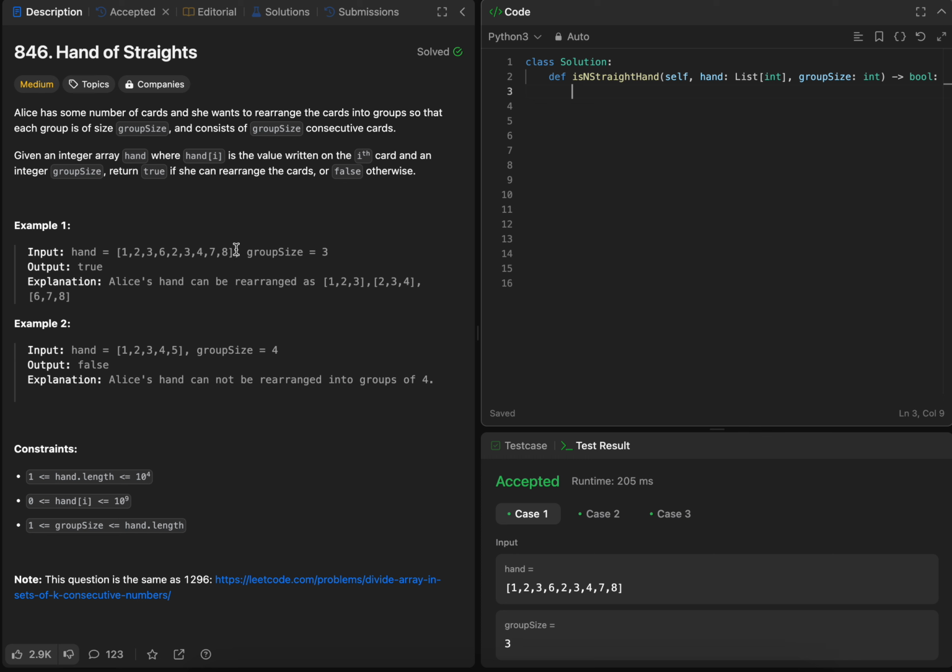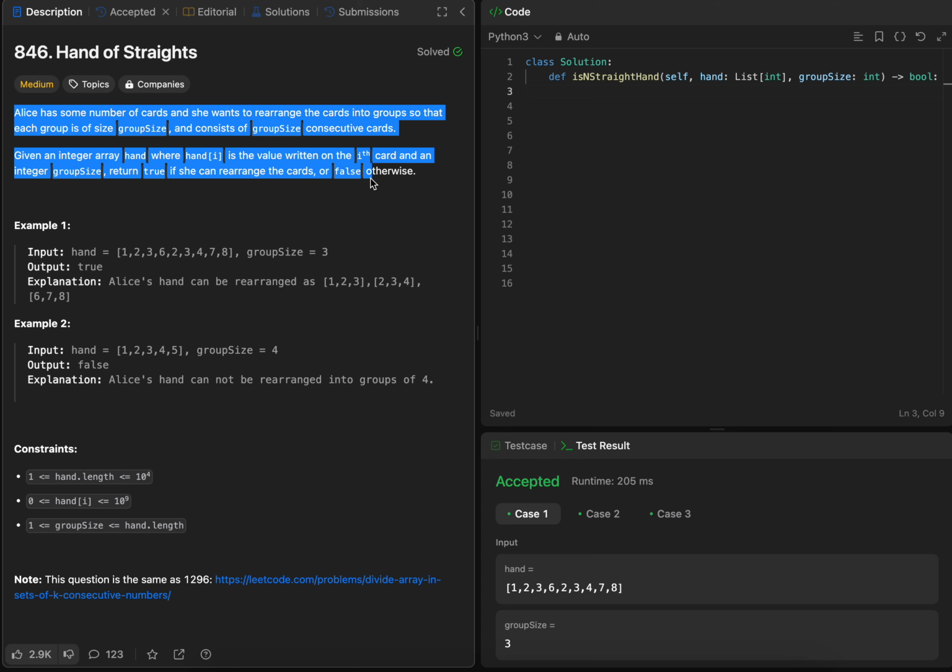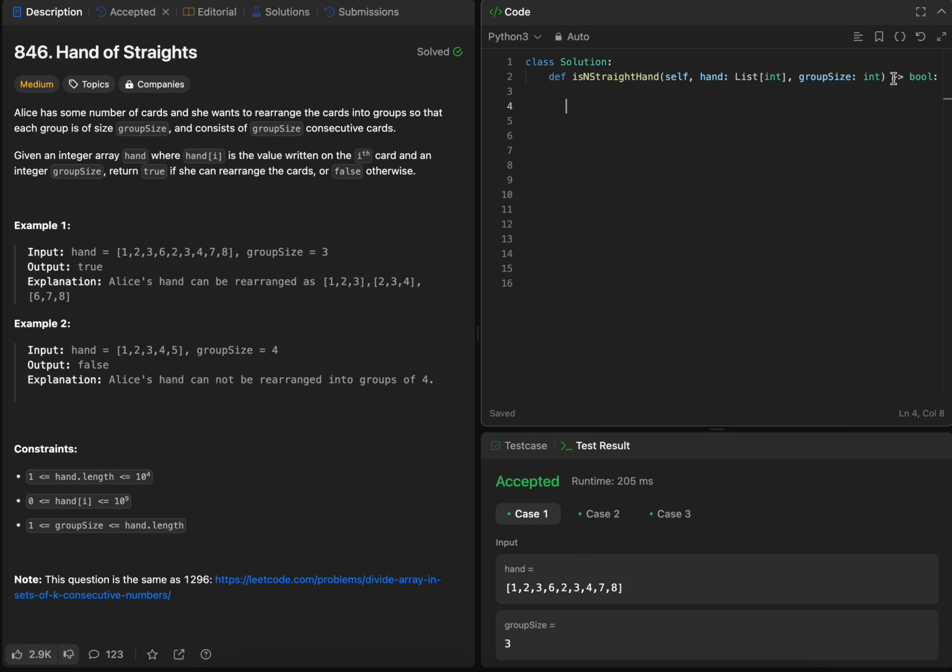We have a few numbers, we have a group size, and we need to make groups. These numbers will be consecutive, right? You can spend your time reading this problem. I got it, so I'm going to solve it. So what we can do first of all is take care of how many